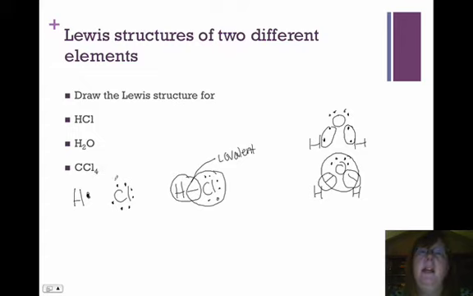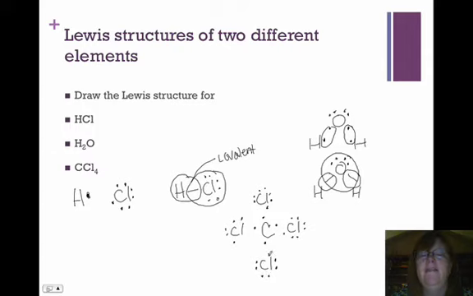All right, carbon tetrachloride. Again, all nonmetals, so this is definitely covalent bonding. Carbon has 4 valence electrons, and then we have 4 chlorines, each with 7 valence electrons. It takes a while to draw these valence electrons in this Lewis dot structure. And what you've probably already figured out is that this structure